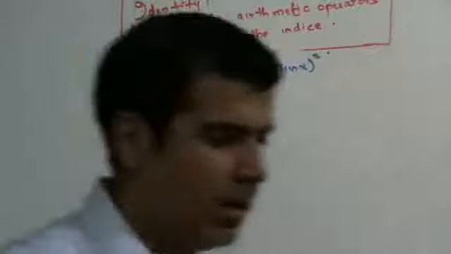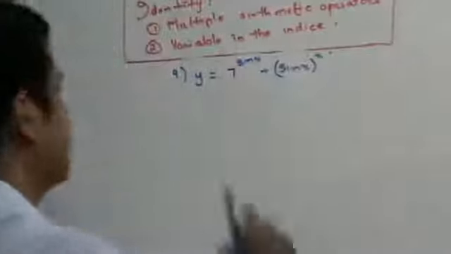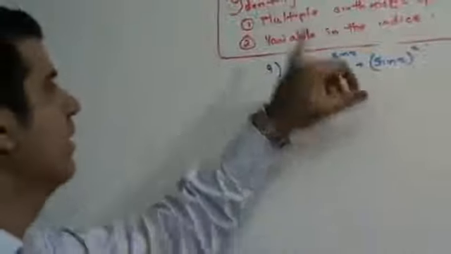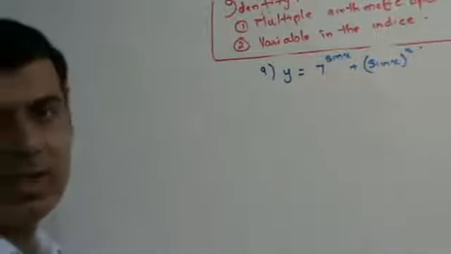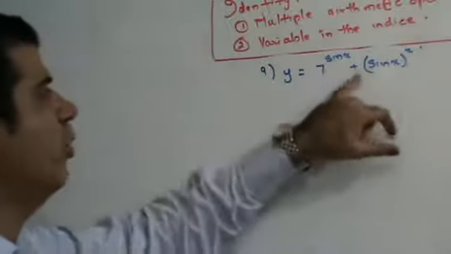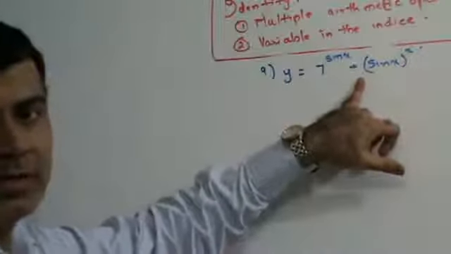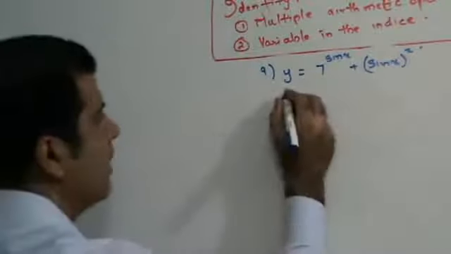I have a variable in the indices, so this is going to be a logarithmic function. But there is an addition sign in between, and I cannot use log with an addition sign in between. So what I am going to do is,